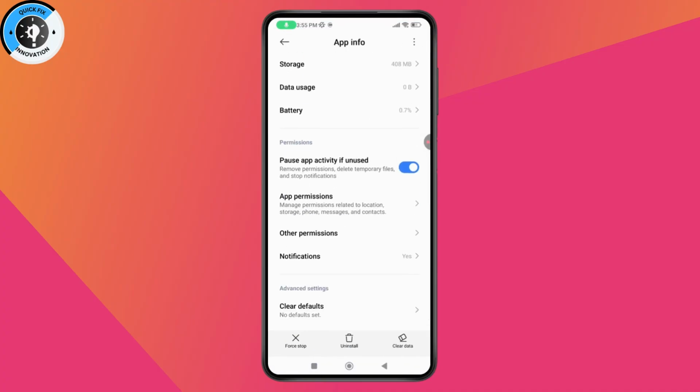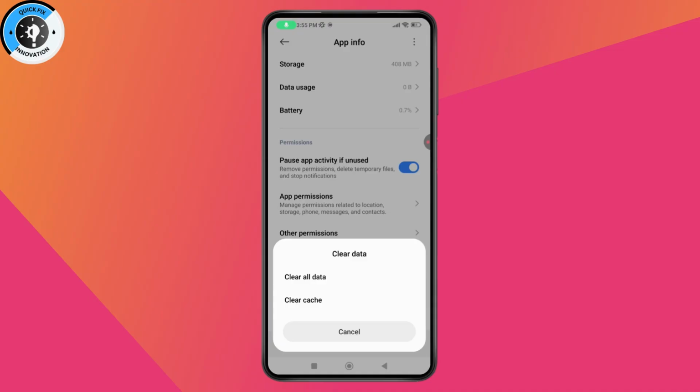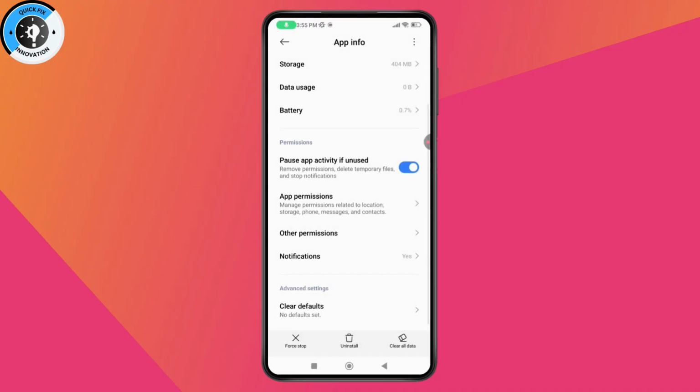And then you need to go with Clear Data, which will be in the bottom right, and then go with Clear Cache and tap on OK. Once you've cleared your cache, you need to go with connection method. If you find an option of connection method, you can tap on it, and then you can enable Wi-Fi only or mobile data only. And after that, just go and update your Messenger application and relaunch, and your problem will